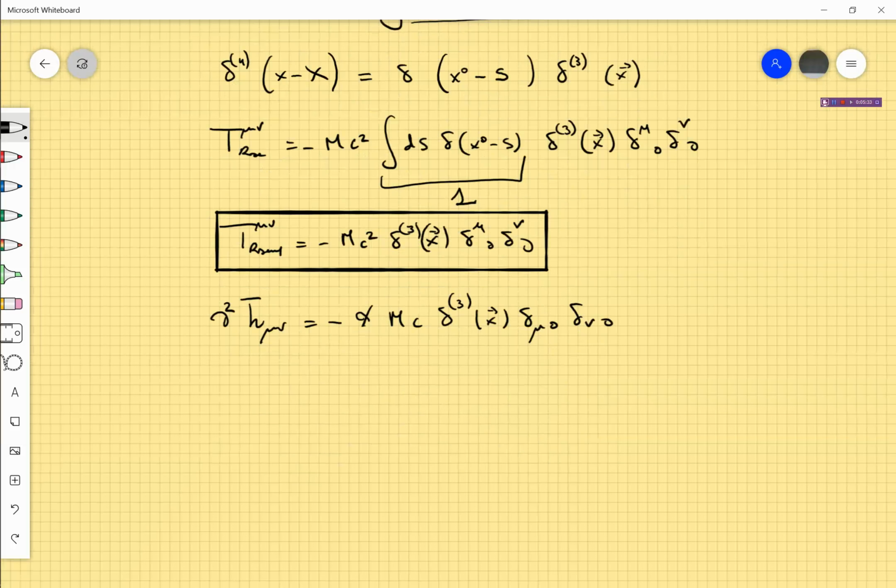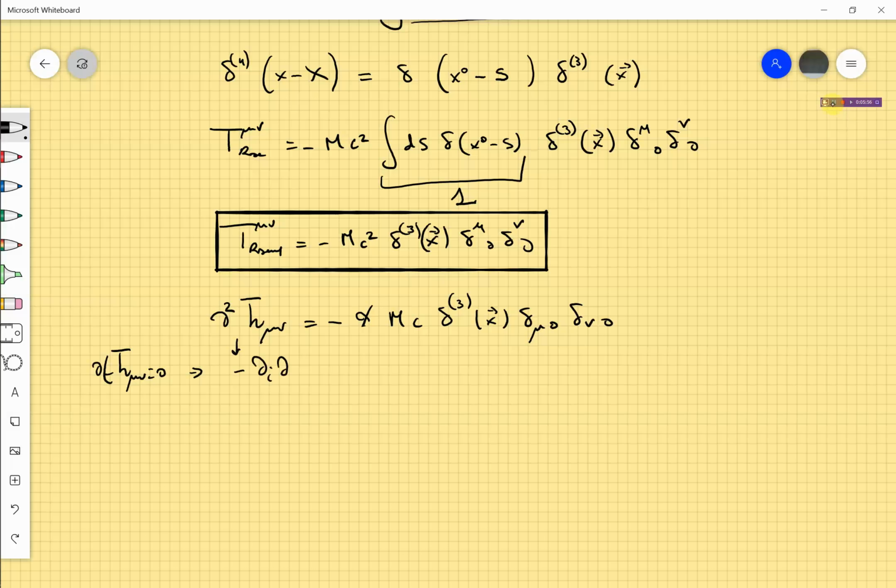This is the equation that we want to solve, and since the source is static, it is natural to expect this h bar to depend only on spatial coordinates. So we assume that the time derivative of h bar mu nu is 0, and in this case